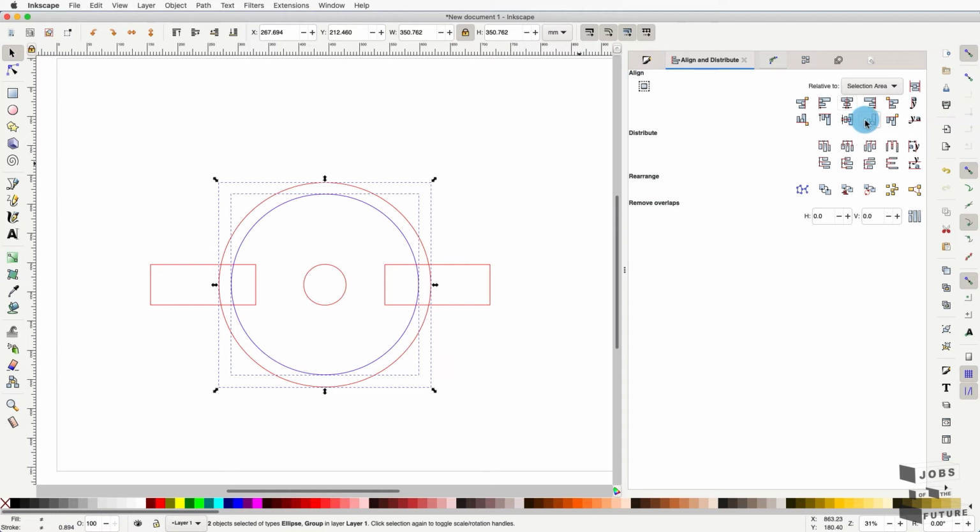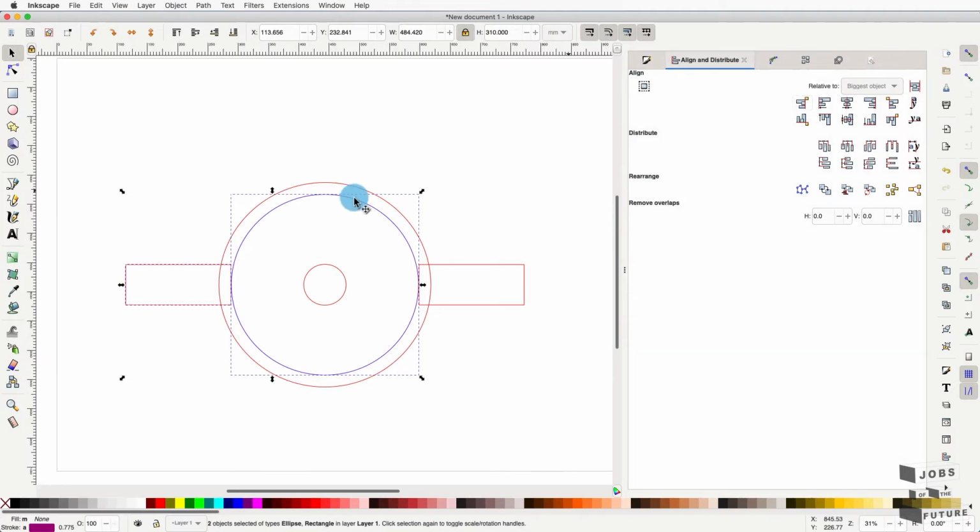So now that I have this circle that works as a construction line, I can simply select a rectangle and a circle, and then I'm going to align, selecting the biggest object, and then I can choose the right option. The same thing on the other side. I can delete my blue circle,